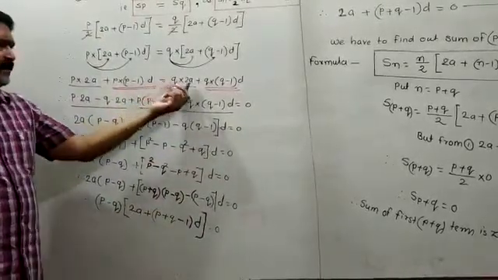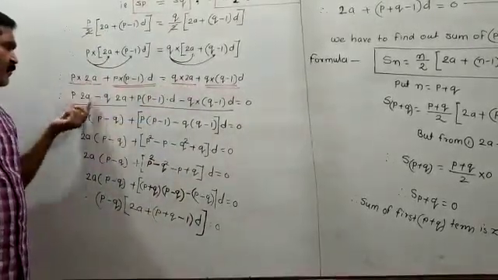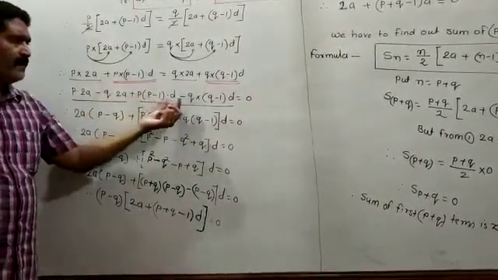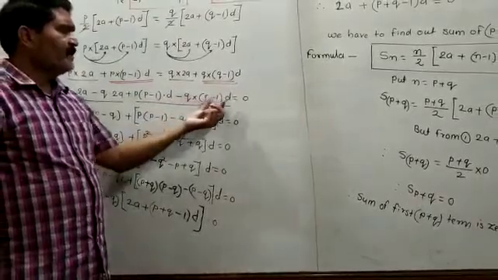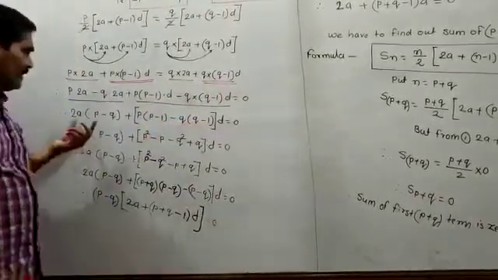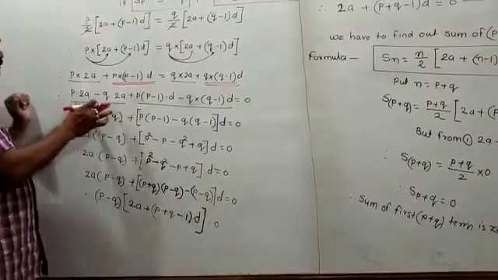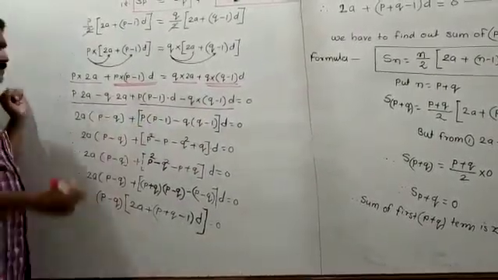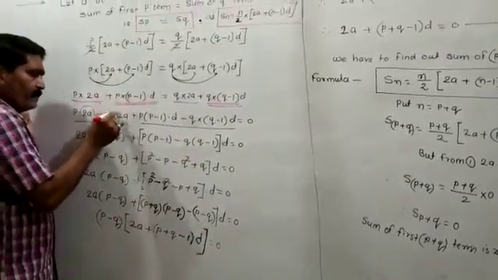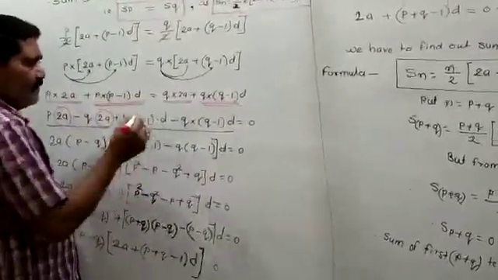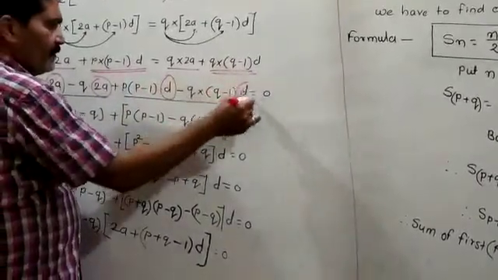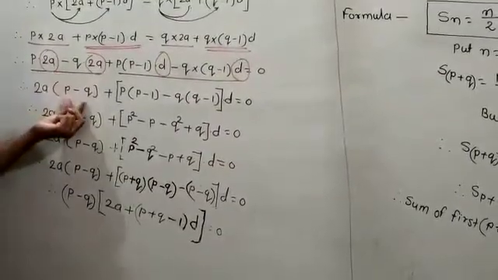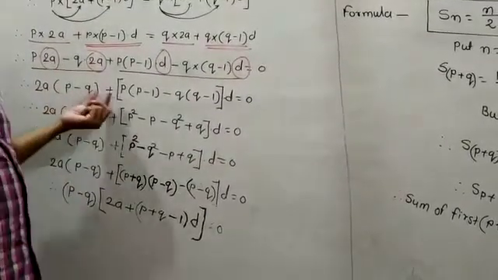So here you have to shift these terms to this side: p of 2a minus q of 2a, and p of p minus 1 into d minus q of q minus 1 into d is equal to 0. Then you have to make a group of the first two terms and a group of the last two terms. Within the first two terms you take 2a common, and within the last two terms you take d common. If 2a comes common, what remains is p minus q, which you write in the bracket, plus